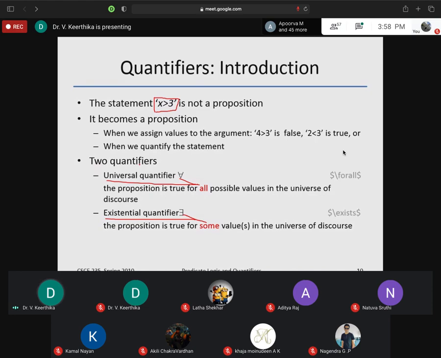Just observe two quantifiers. One is called the universal quantifier, another one is called the existential quantifier. The proposition is true for all possible values in the universe of discourse. Universe of discourse is nothing but